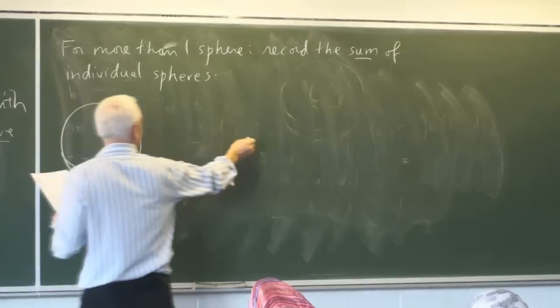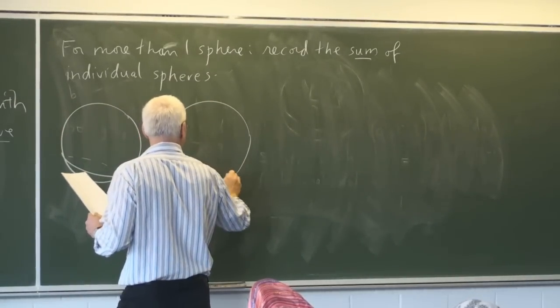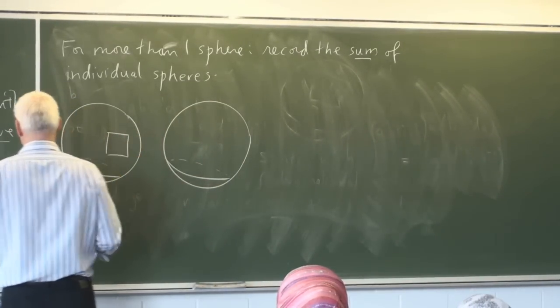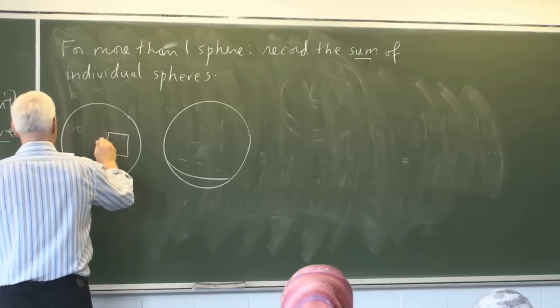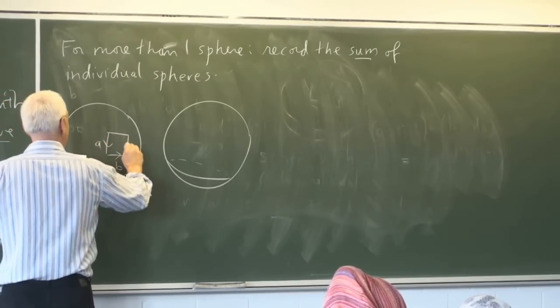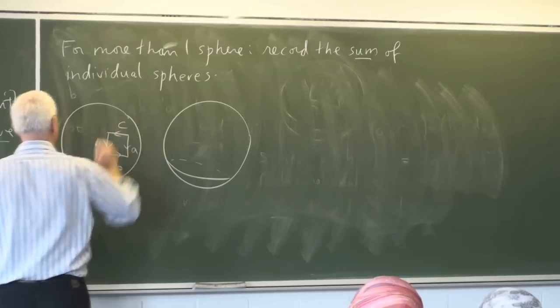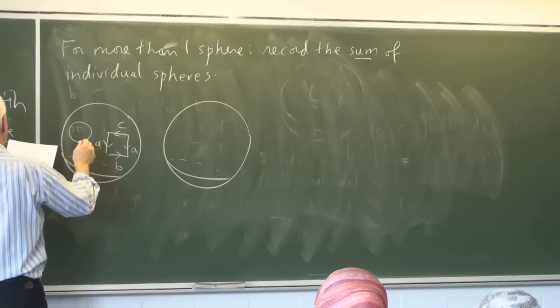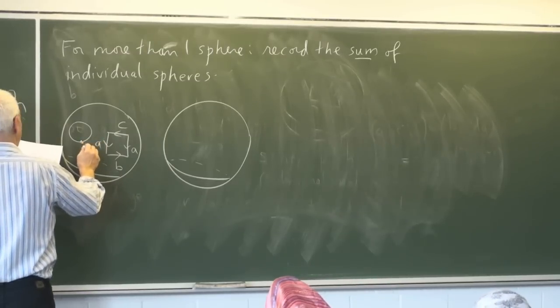Okay, so for example, suppose we have two spheres, and A, B, A, C happens to be one hole there, and another hole, let's say, is a single one there